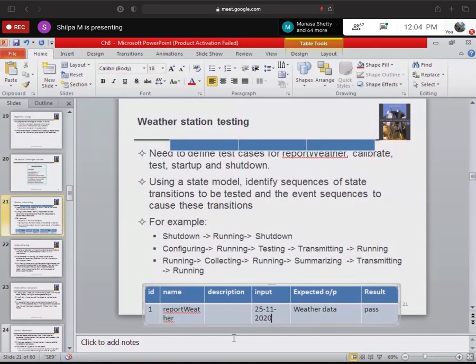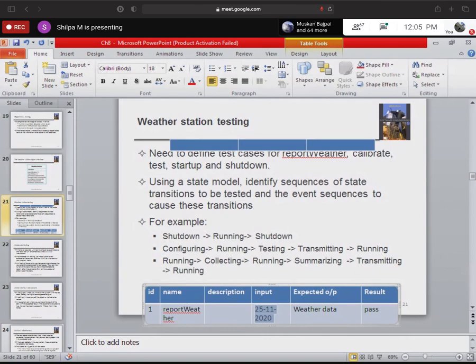And again there is a problem. Now the input is correct, but the weather data coming is not as expected. See how many times the same thing is repeated again and again, right? Rather than wasting resource time, what we can do is record it.